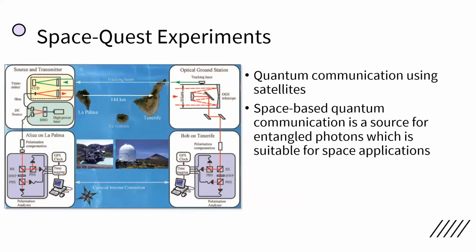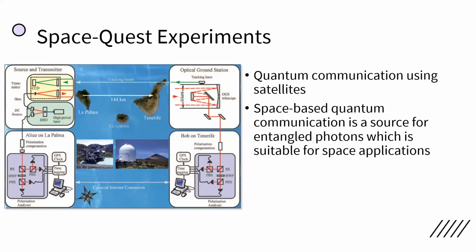The first experiment they do here is carried out on the Canary Islands, which uses a 144-kilometer free space link between the neighboring islands La Palma and Tenerife, which is part of Spain, where the European Space Agency uses a 1-meter diameter receiver telescope, which is used to receive single photons. In the second experiment, they used a laser ranging observatory from Italy, which was used to establish a